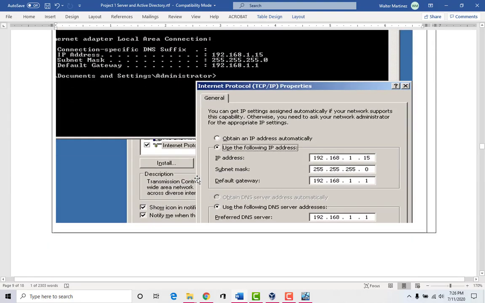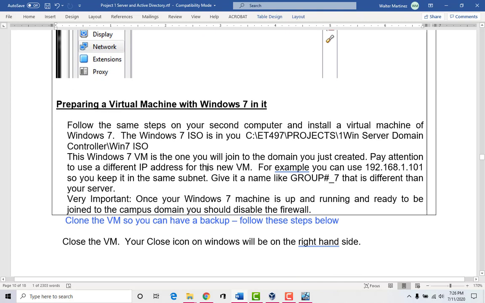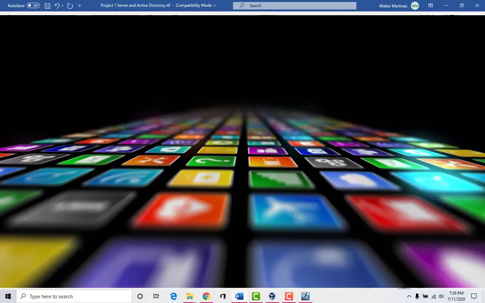Okay, so that will be in the next video, and then we're also going to prepare another VirtualBox with a virtual Windows 10 machine in it, doing the same steps that we did for the server. So be prepared for that third video for this lab.